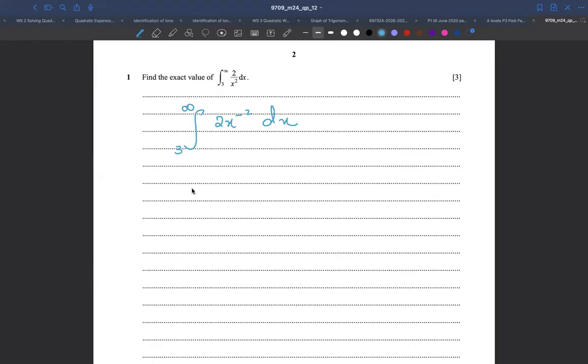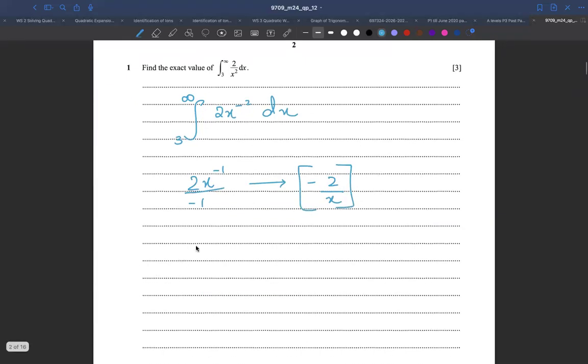How do we integrate? We'll write it as 2x to the power minus 1 divided by minus 1, right? And we can simplify it and write it as minus 2 upon x. Once we have this, now we'll plug in the limits. So what are the limits? Infinity and 3. Now remember, minus 2 upon infinity,